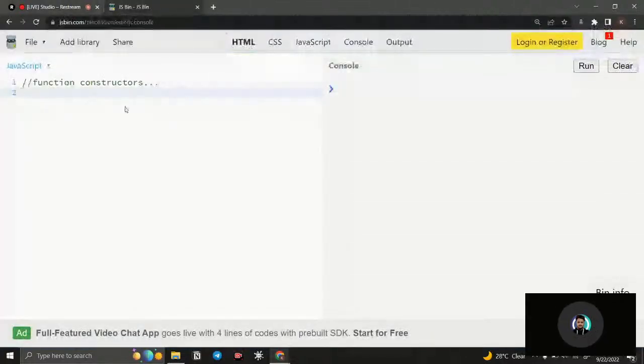So for creating a functional constructor, first you need to know what a functional constructor is. A functional constructor is, I would say, the same as a class. It is a blueprint for creating objects. Okay, so in our code, we are working with creating mini projects, mini objects, but when we are